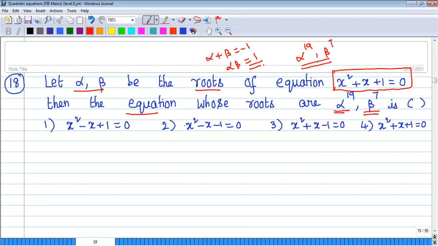Any idea? We can solve this using alpha plus beta is equal to minus 1, alpha beta is equal to 1. But instead of that, first find out the roots of x square plus x plus 1 is equal to 0 using the quadratic formula. Because obviously it has non-real, imaginary roots. So first we will be getting complex roots. They are nothing but omega and